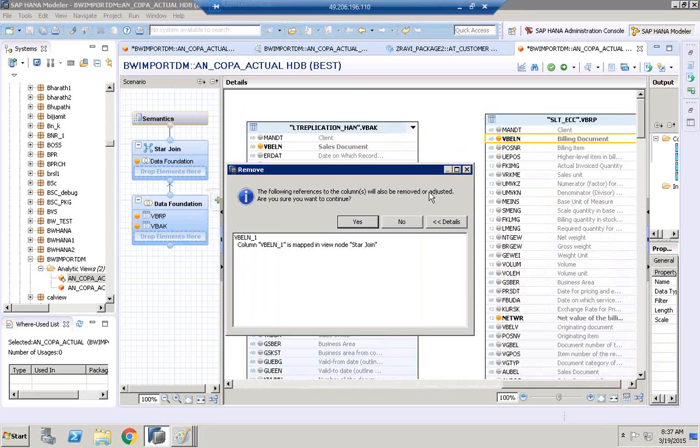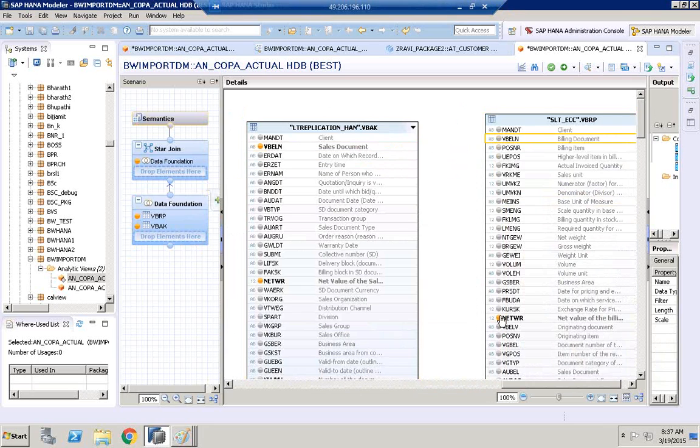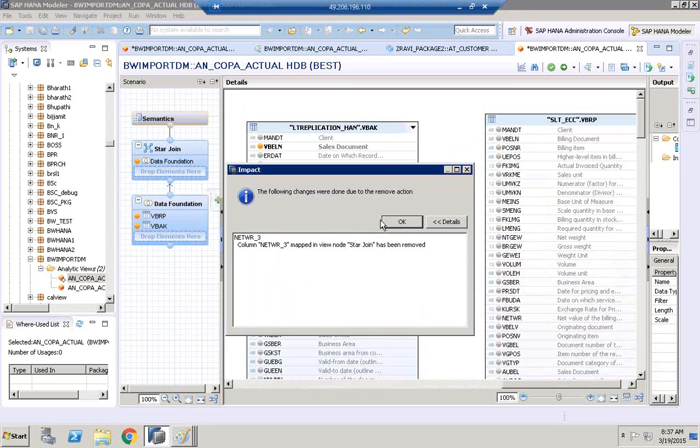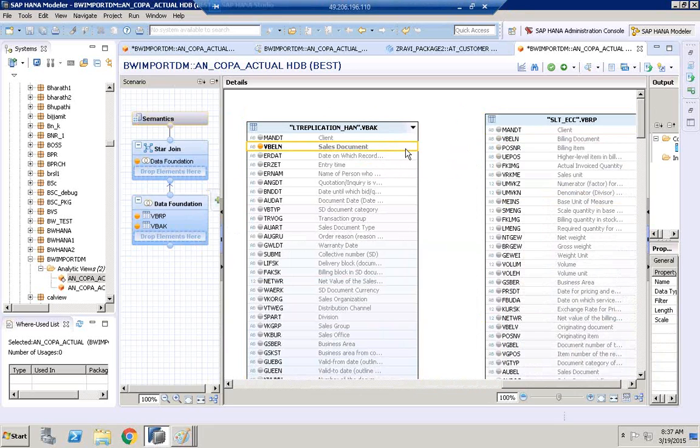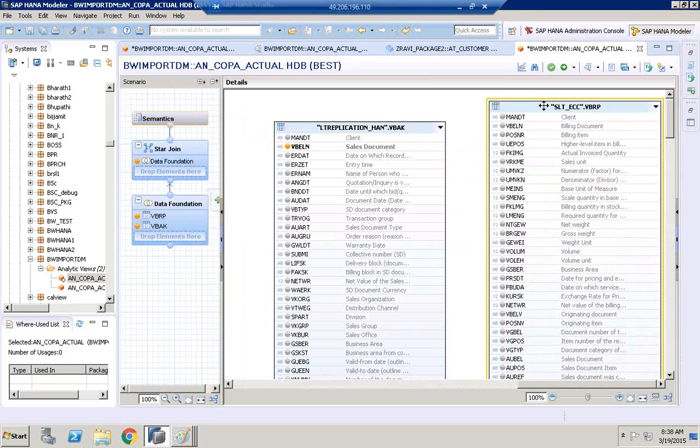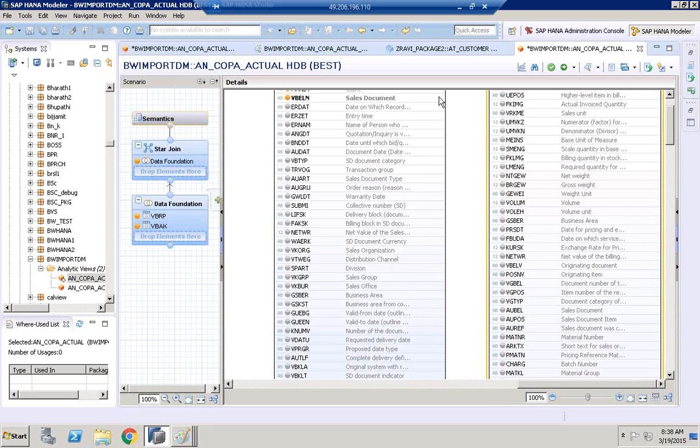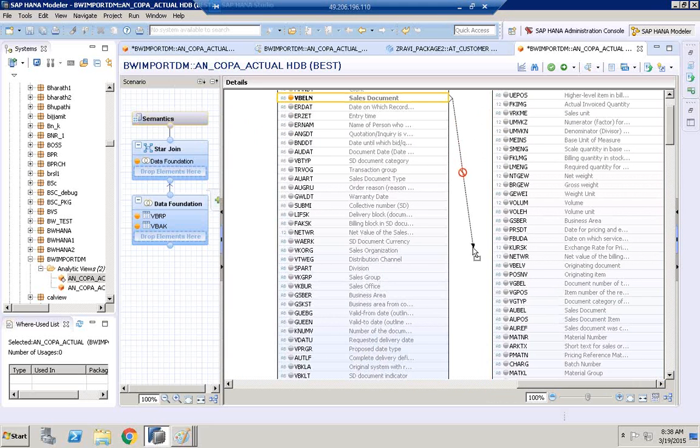So, sales document to sales document, and then